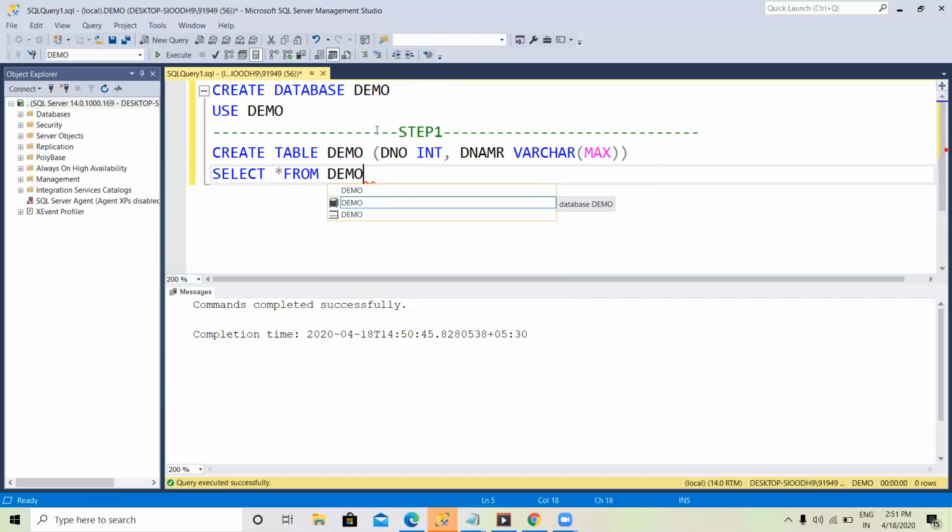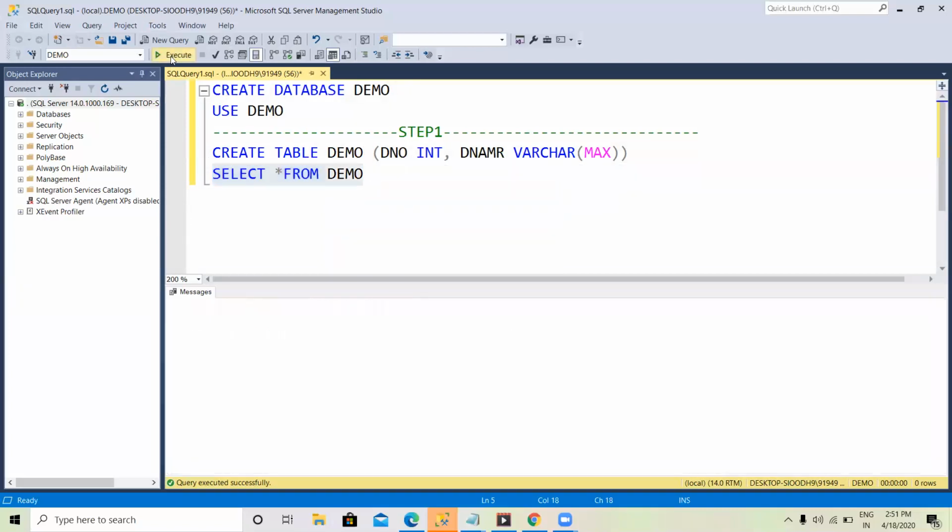If you want to use it, use database. Our syntax to create a table means create table name, column name, and data type we have to give. The syntax to see your table is select star from the table name, and the table will be displayed. See, I gave two columns, dno and dname. Okay, this one is completed.